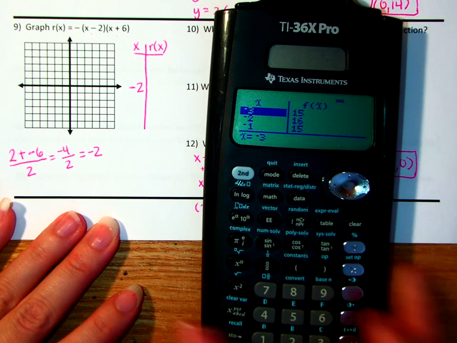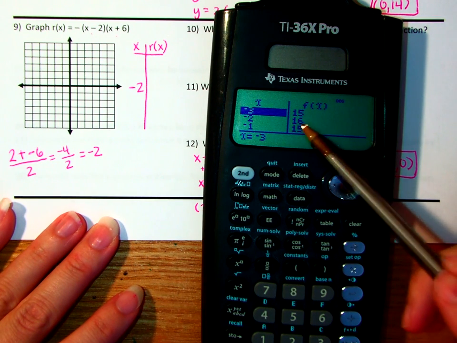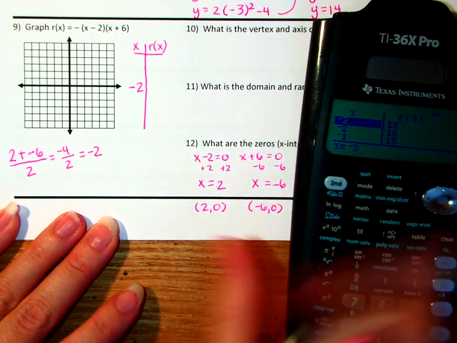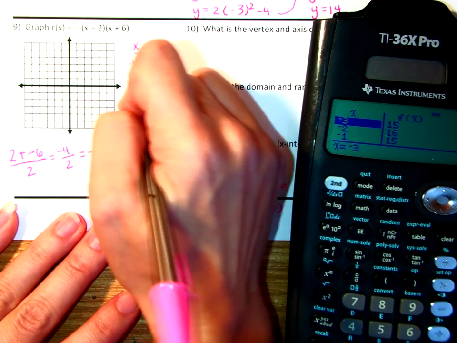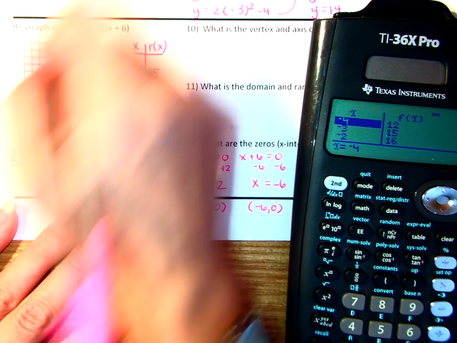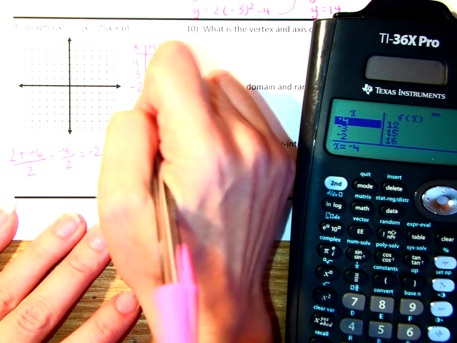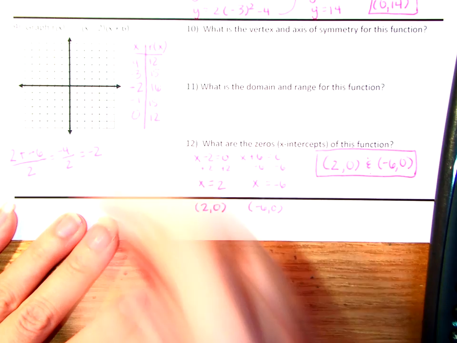Look at the calculator. You see at negative 2, you see how the values repeat. We know for a fact that we found the right number. So it's actually going to be at negative 2, 16. And then we're going to go 2 numbers to the left and to the right of this. So I've got negative 3 is a 15, and I've got negative 4 is a 12, which makes things a little more complicated on our graph,